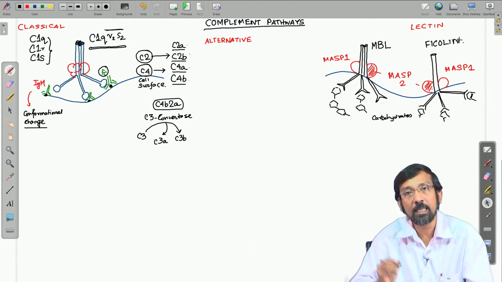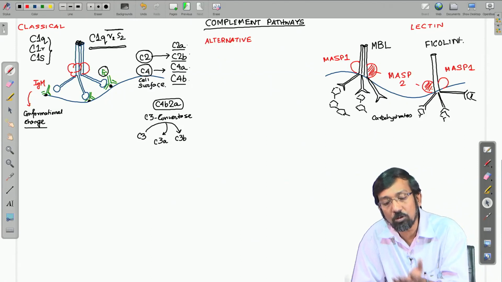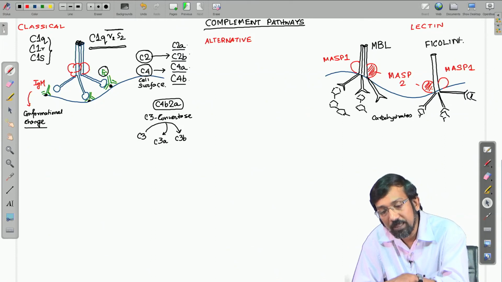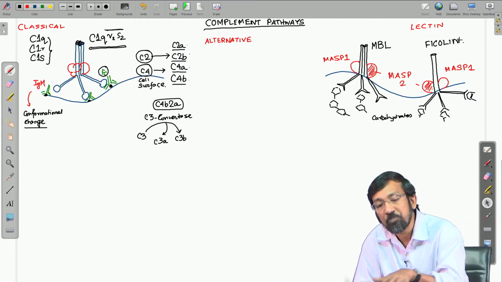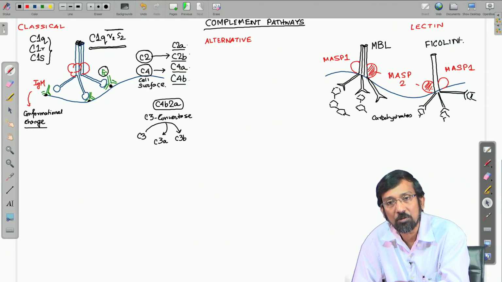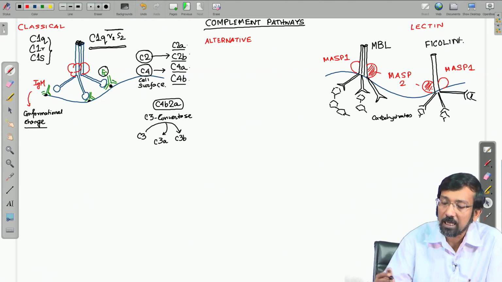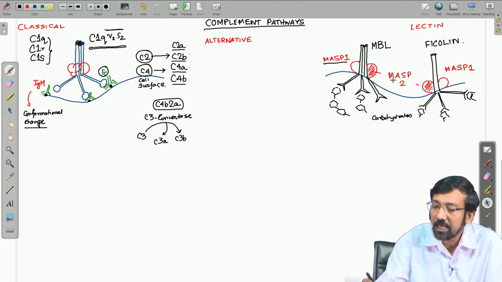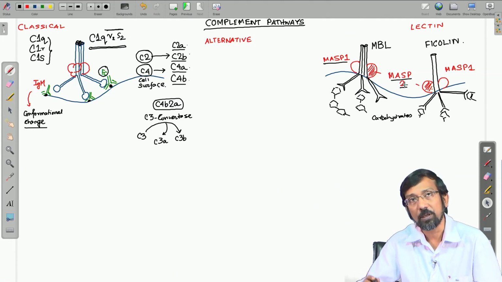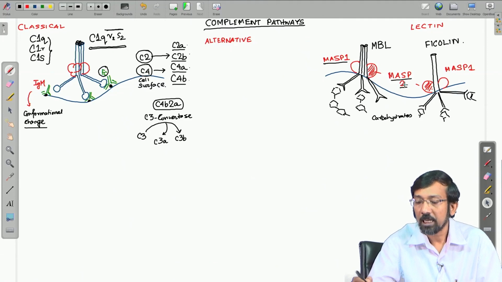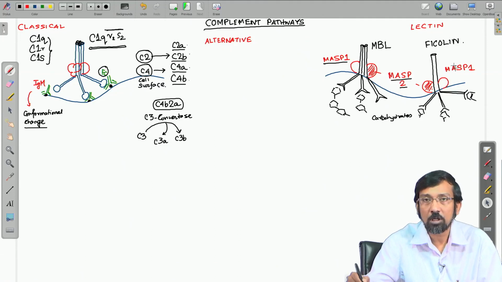Now, these can bind to carbohydrates or mannose molecules present on the surface of the pathogen, and when they bind to the surface of the pathogen, they can also bind to a class of serine proteases, the membrane associated serine proteases like MASP1 and MASP2. These are also components of this lectin pathway. So, they can bind to this MASP1 and MASP2, and it forms an oligomeric structure similar to this, and once